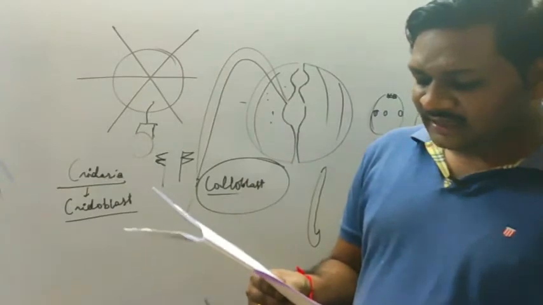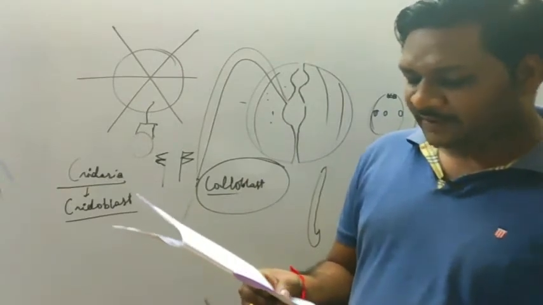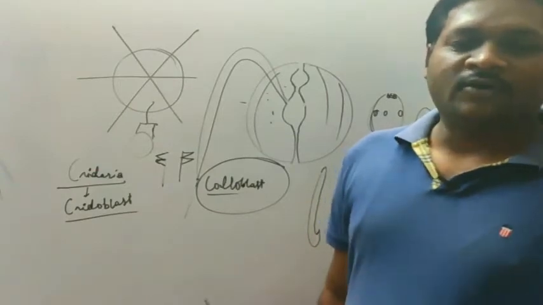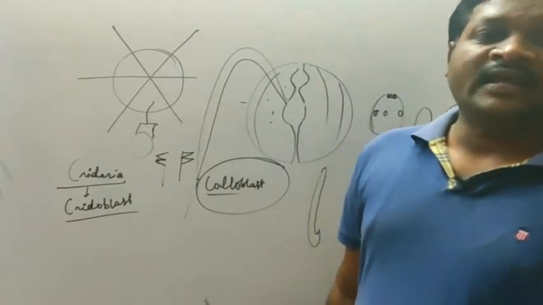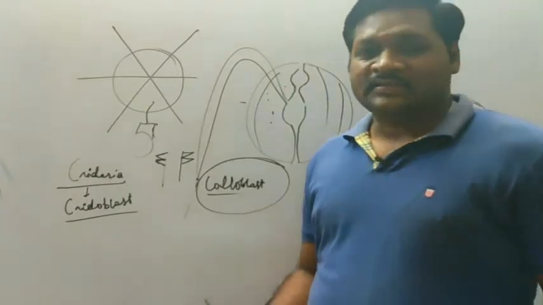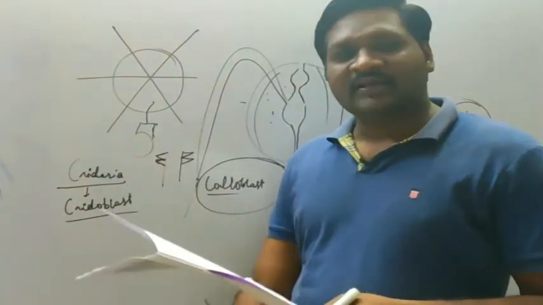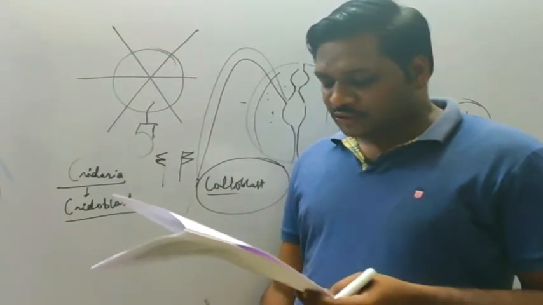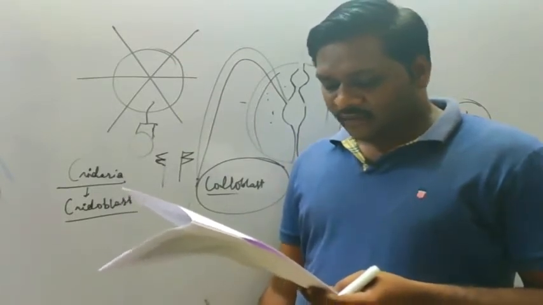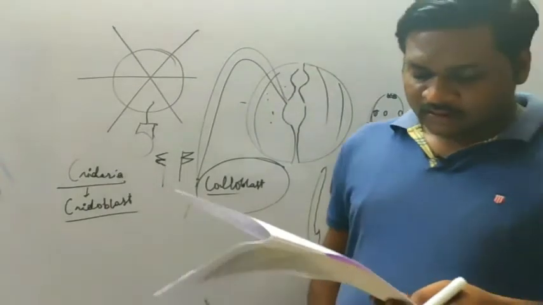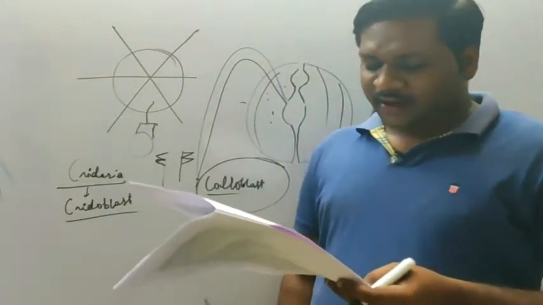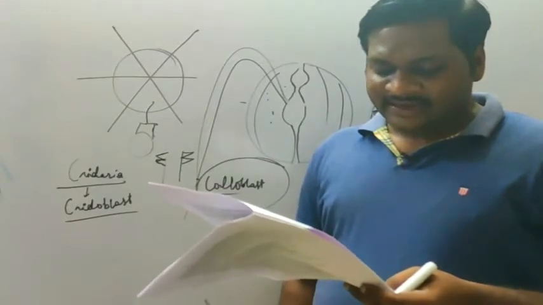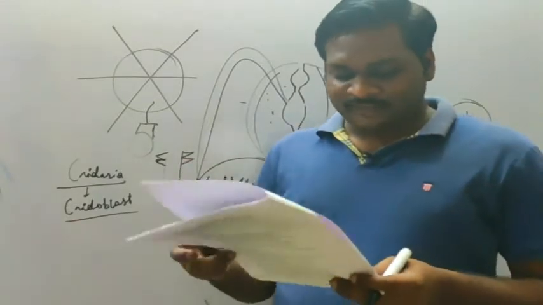Then, which of the following is the largest phylum of kingdom Animalia? Of course, Arthropoda. Around 9 lakh species are found in the Arthropoda, of which 7,50,000 are insects. So this is the largest phylum among the kingdom Animalia. The next, which of the following is not an exclusive trait of Arthropoda? Presence of wings, jointed appendages, hemocoel, chitinous body.